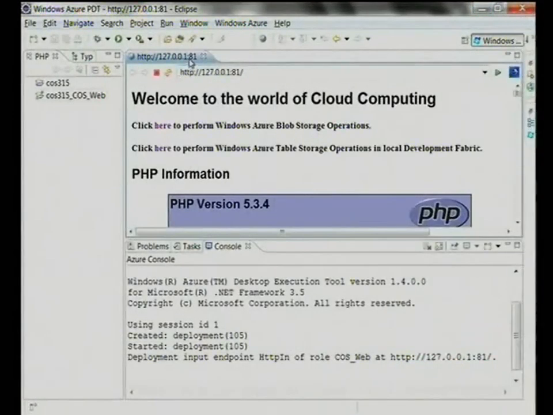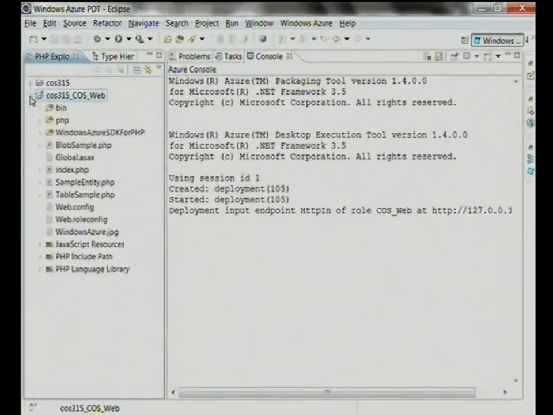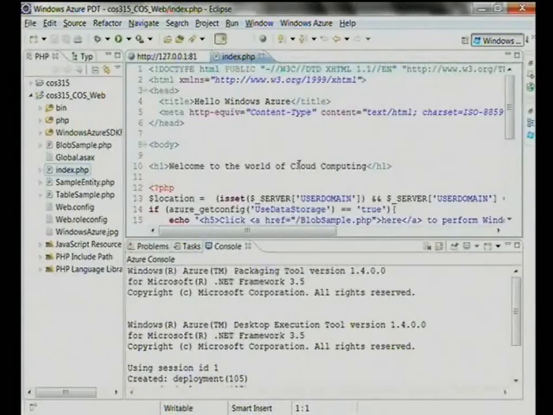And so is the computer. Now, if you look at this over here, that is now running in Compute Emulator. That is basic PHP code. And I don't want to make any changes to PHP because I'm not a PHP programmer, so I'll probably mess it all up. But yeah, this is standard PHP code. And if you don't believe me, I can actually show you some of the code. It's created this whole big project over here, and it's all in PHP, index.php.